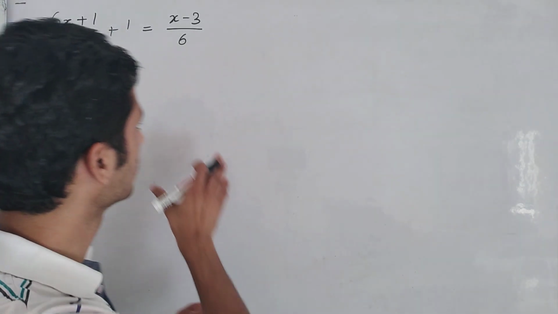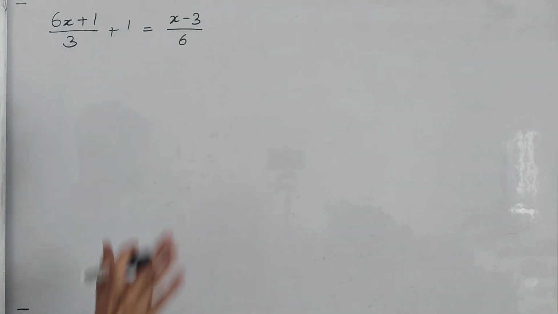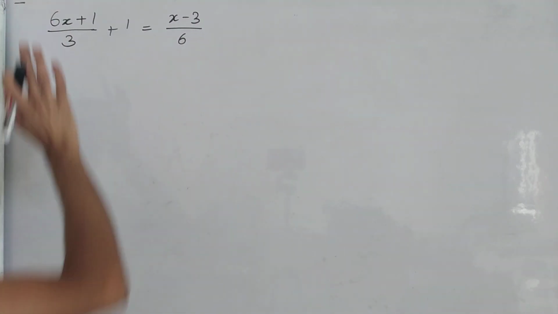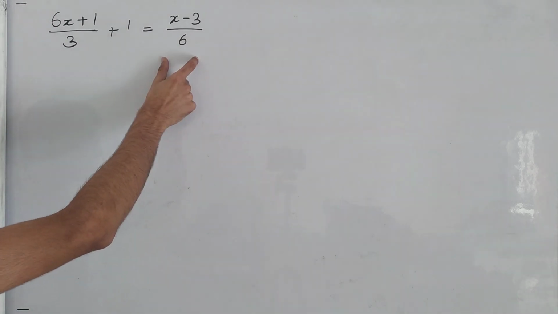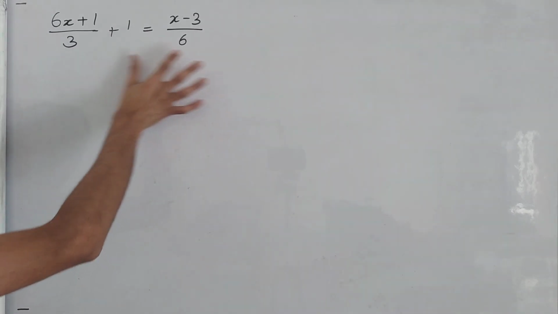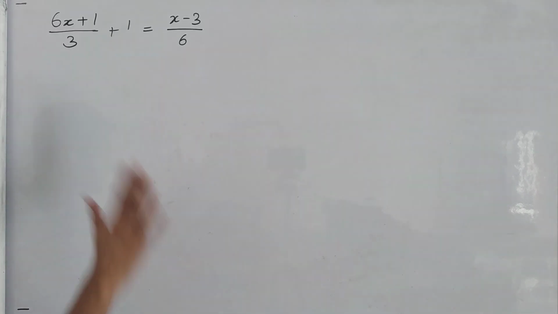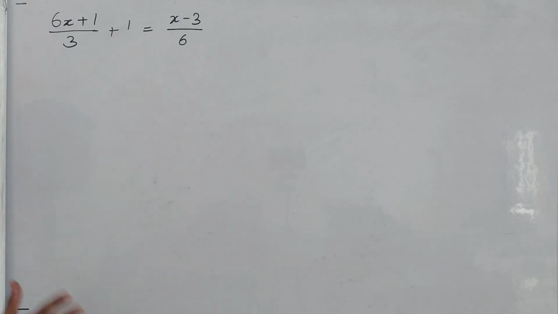Now this is one more equation that I have written. So what is different in it? Although the variables are on both sides, here also x is there, here also x is there, but they are not in a simple form. Or we can reduce them into some simpler form, meaning something could be done on the left hand side as well as on the right hand side. We can reduce it and then solve it. So let us try to solve such equations today and learn how to do it.